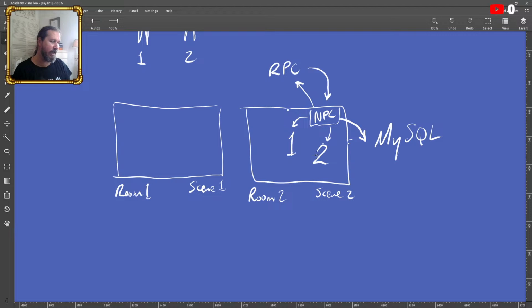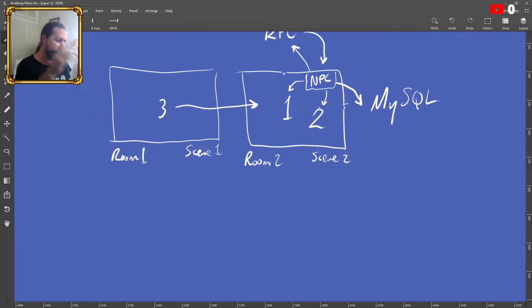Right, that works. And let's say there was a 3 and 3 enters the room, he'd get it from the MySQL, where 1 and 2 got that change from the RPC. Sounds weird? In my brain, it works. So let me just leave that there.